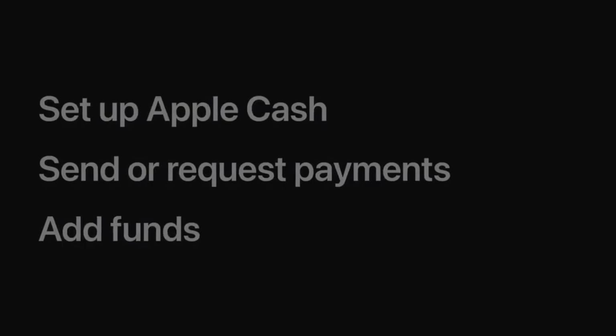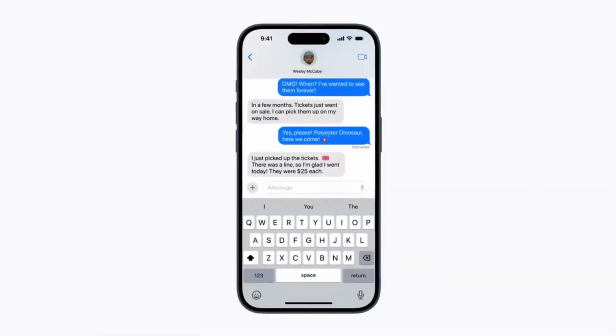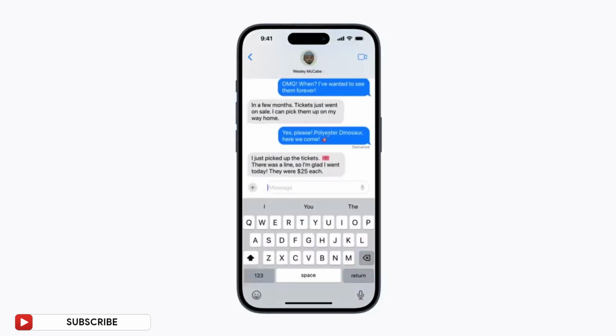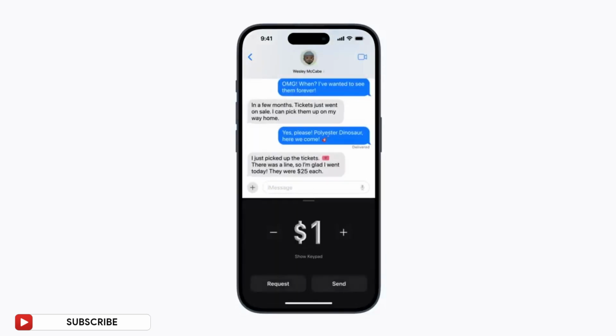You can use Apple Cash to send money or to request a payment from people you know right in Messages. In a Messages conversation, tap the plus button to the left of the text field, which is called the Apps button if you're using VoiceOver to navigate your screen. And then tap Apple Cash. Tap Show Keypad